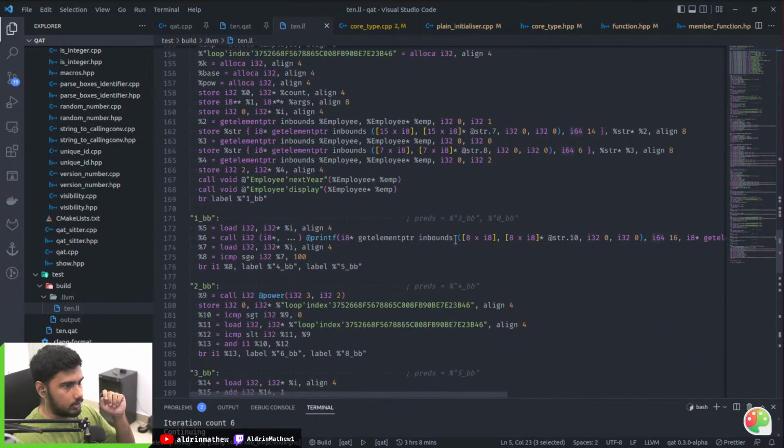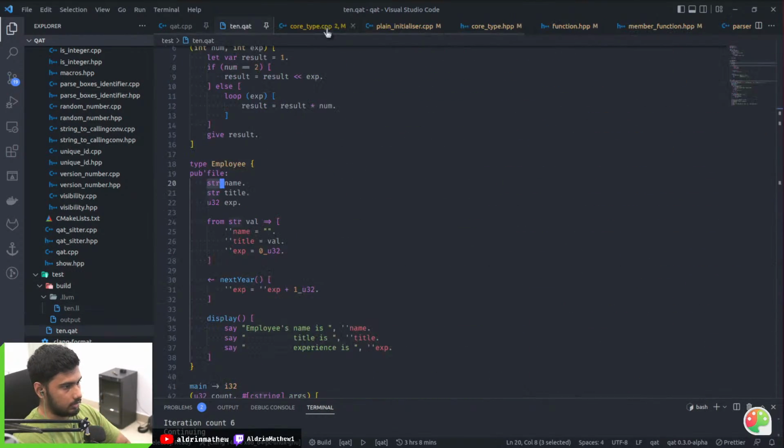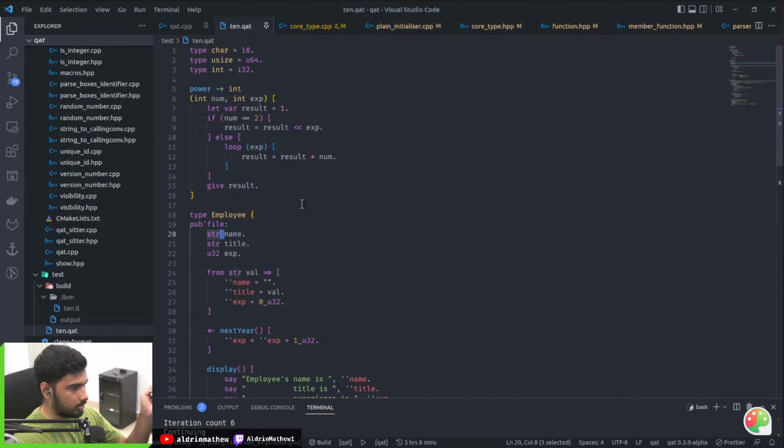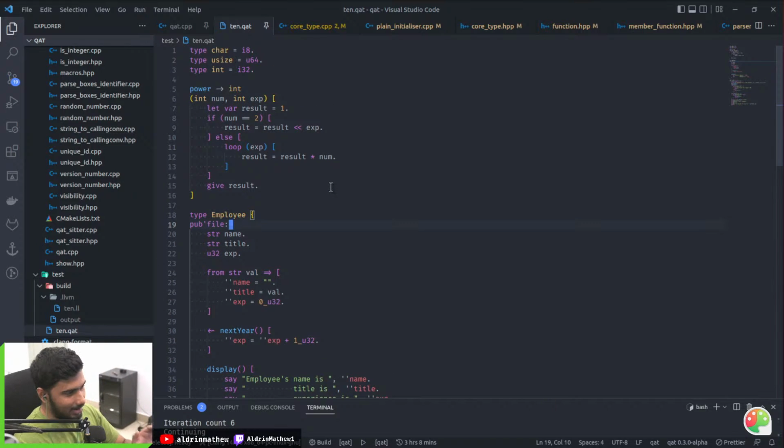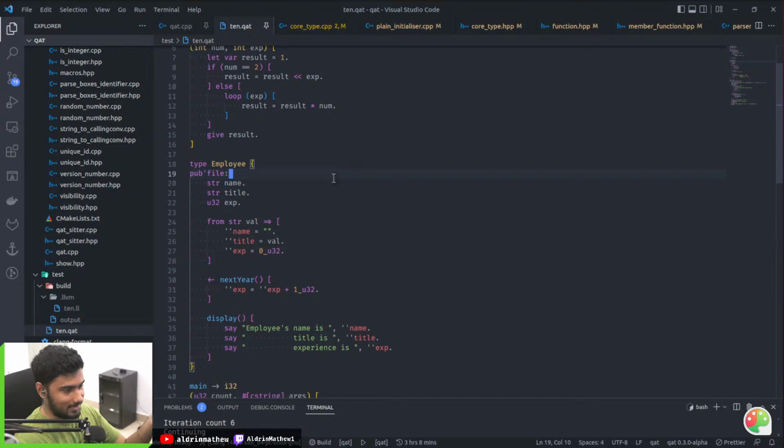And I mean, this looks ugly, but it's really fast. So I'm glad. I previously had issues with the LLVM. I was not able to do any kind of IR generation, but now I can. So nice. There are other things that I did, but I don't actually remember everything. So as I go, I might provide updates.